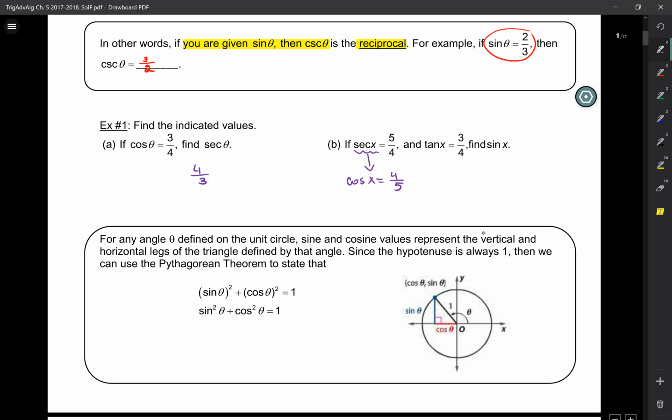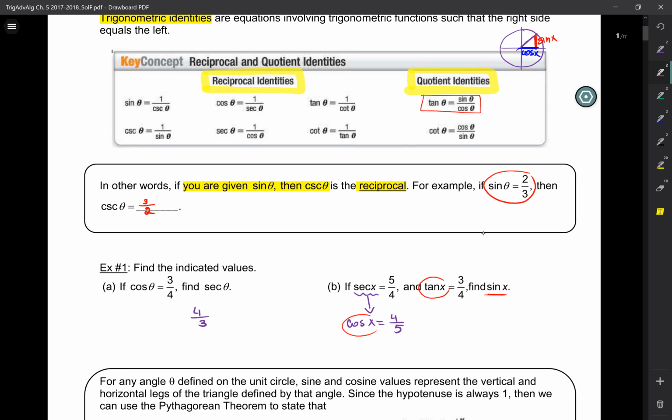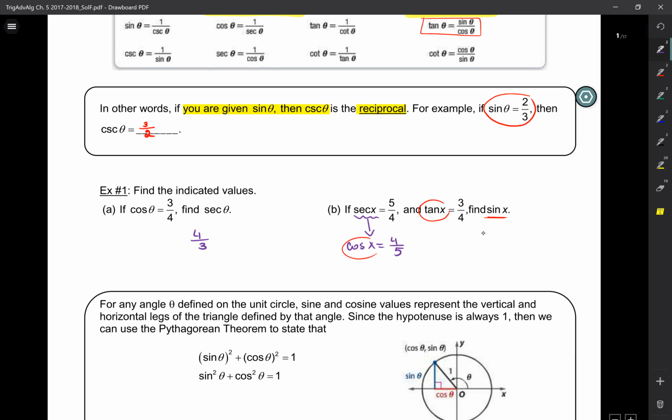Okay? And tangent of x is 3 over 4. So, if you have cosine and you have tangent and you need sine, is there an identity here that relates sine and cosine and tangent? Which one of these? Tangent theta equals this one. Right? So, tangent theta